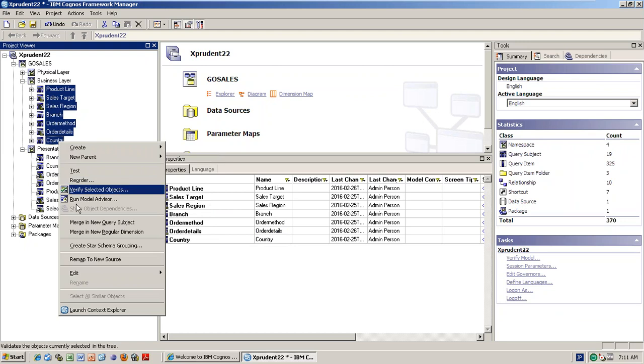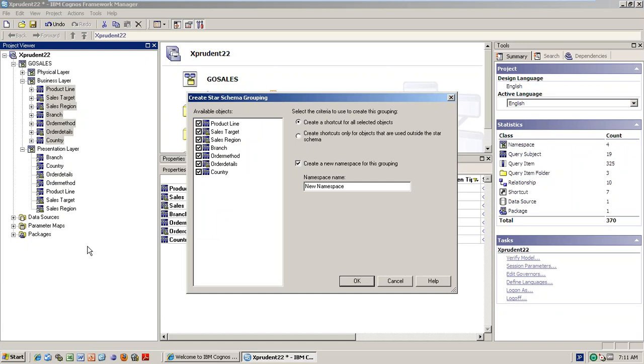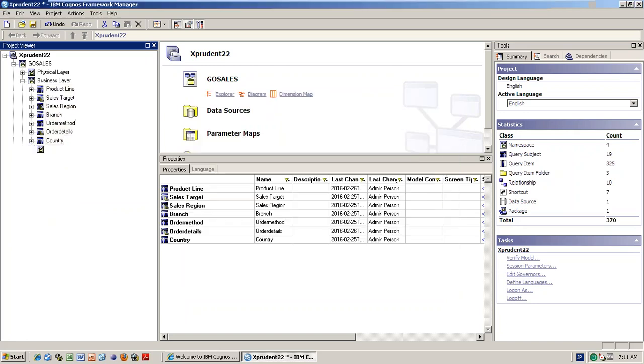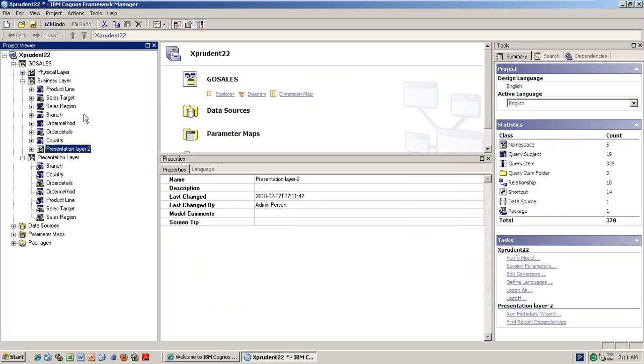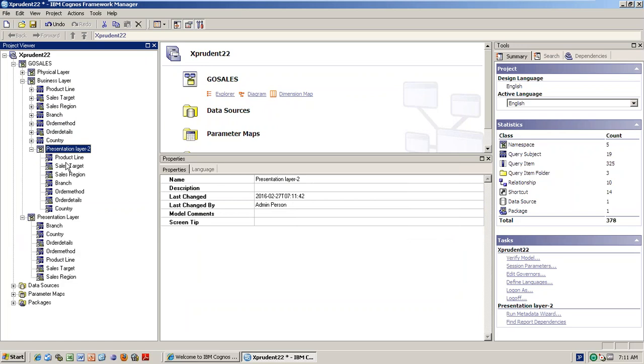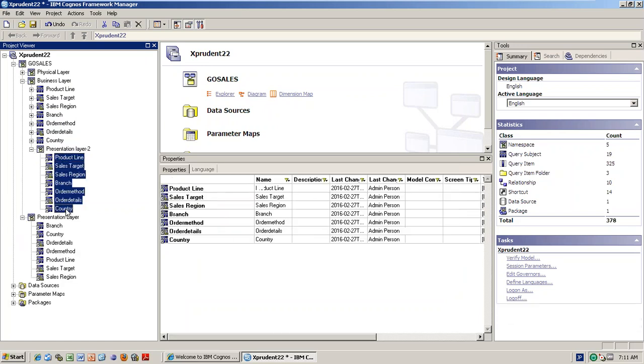But instead of that, you can directly do create star schema grouping simply. While you are doing the create star schema grouping, it will ask what the namespace is. You can give presentation layer 2. Simply 2. I'm just giving whatever name I want, okay? Because presentation layer is already there. See now, in the presentation layer, it has already created the shortcuts and renamed everything for you.